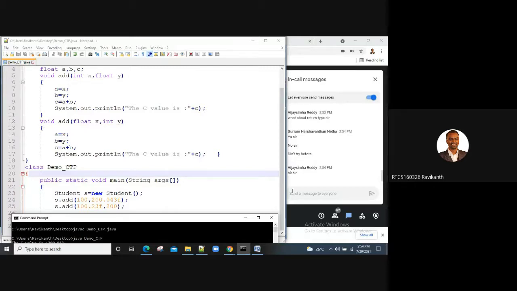If the signature is the same, whether the return type is different or not doesn't make a difference. So method overloading has no relation with the return type. The compiler doesn't consider the return type while differentiating the overloading of methods. I hope you are clear, Vijay.